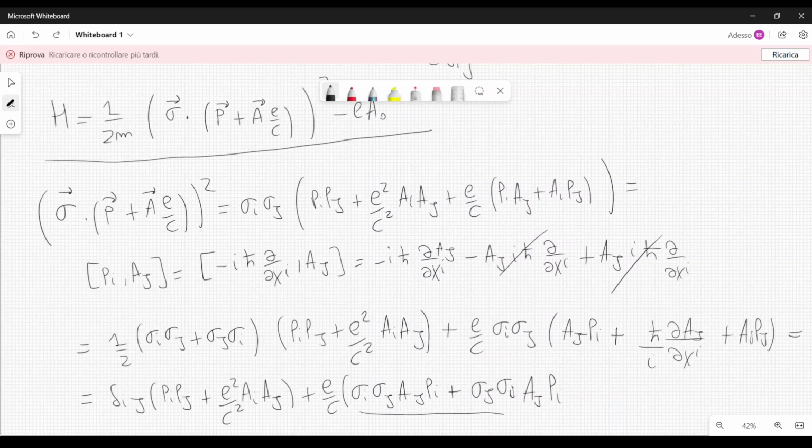But these two expressions are not the same because sigma j and sigma i do not commute. And then I will also have another term that I will write here, plus e over c h bar over i sigma i sigma j daj dxi, and this is equal to